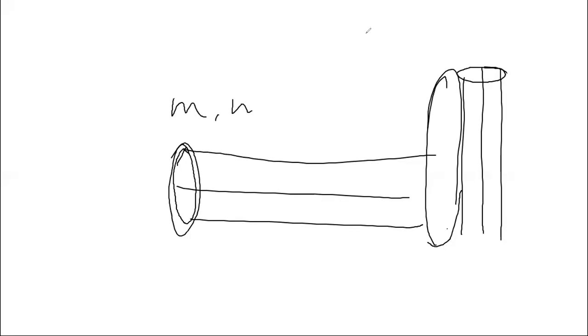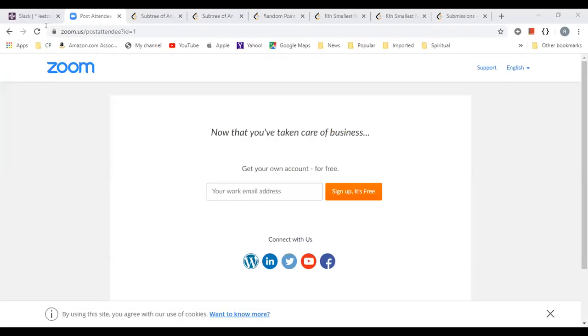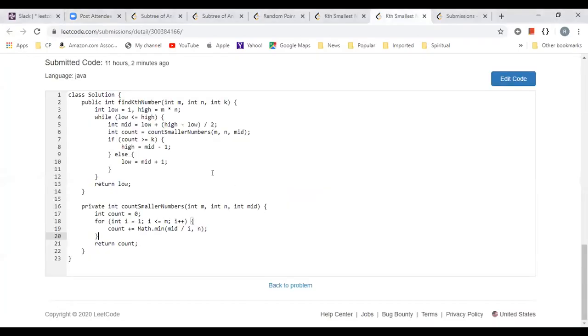Maybe how do I do that? I have to stop share, then I can share my screen. You have to just stop the screen sharing. Okay, and then share screen, and then maybe where is it, maybe here. Okay, somewhere I have done this problem. Did I do this one? Yeah, this is the one.